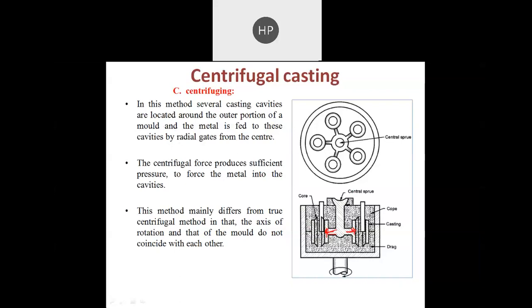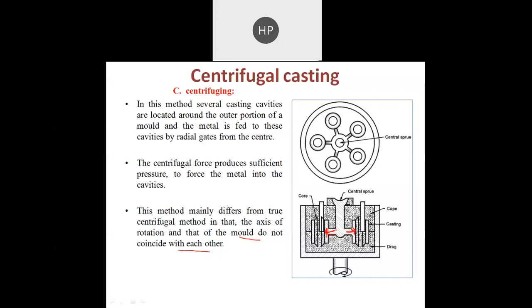Due to that rotation, a centrifugal force is generated, and that is enough to fill the molten metal. This method mainly differs from the true centrifugal method, because the axis of the rotation and the axis of the mold do not coincide with each other. So this is different from true centrifugal casting. In this one, the axis of the rotation is not matched with the axis of the mold, and generally it is useful for making irregular